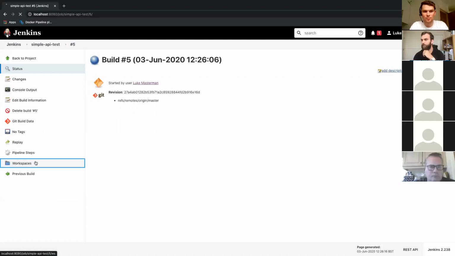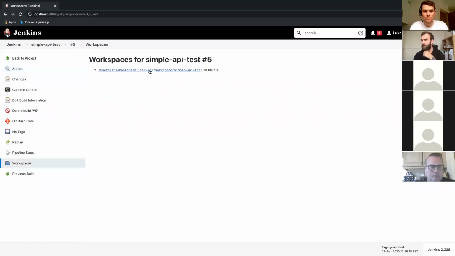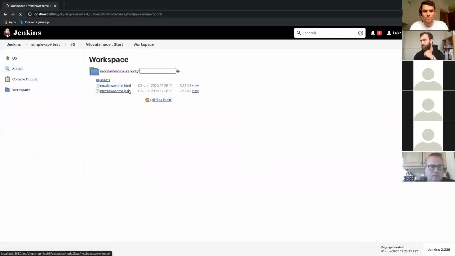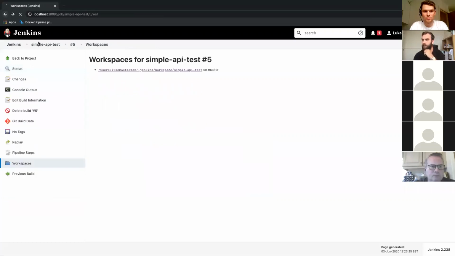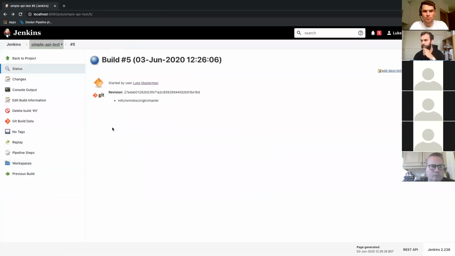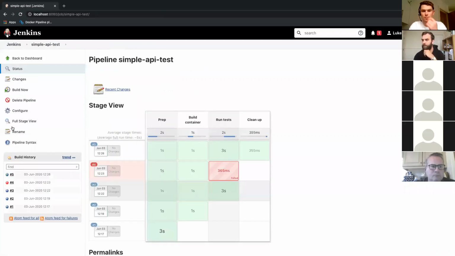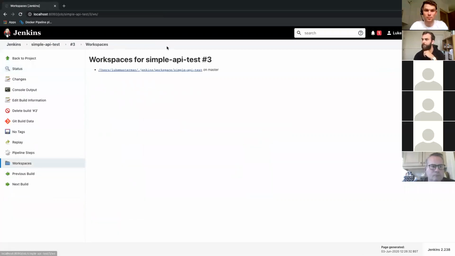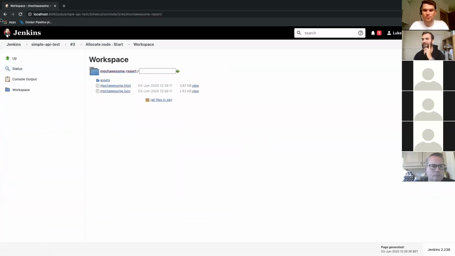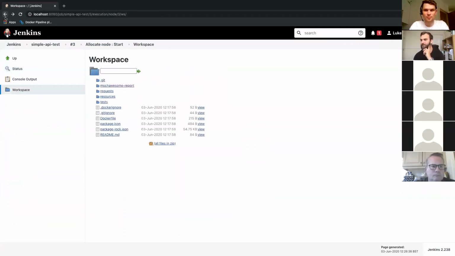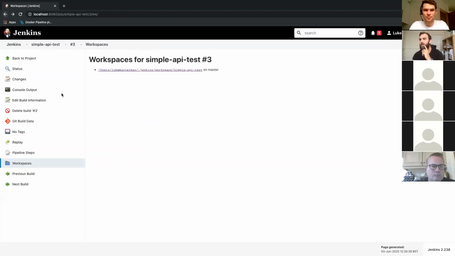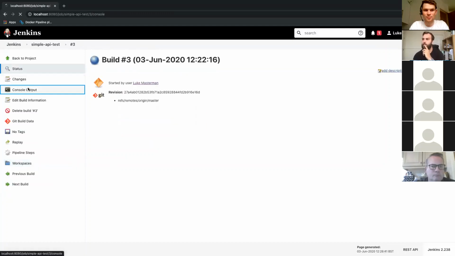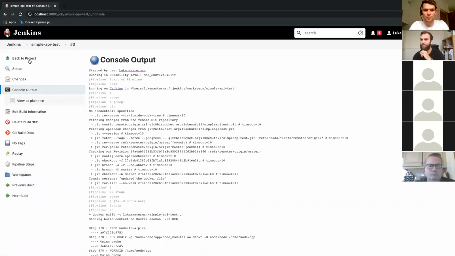And you can see in the workspace now we do have access to this mock awesome report, which wasn't there in the previous build 3. Actually, it is. Okay. Maybe that's in my repository by accident, but it shouldn't have been accessible at this point. Live demos never go well, do they?